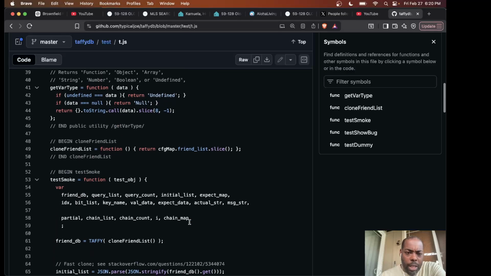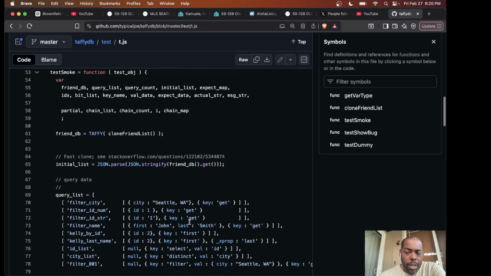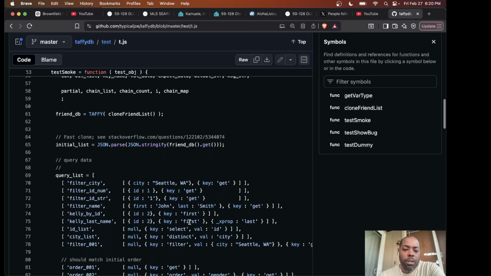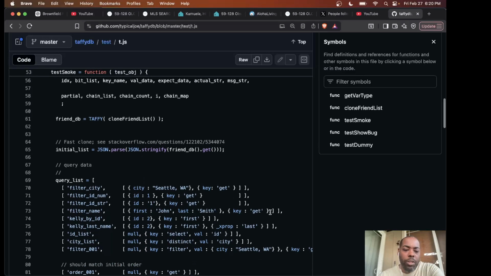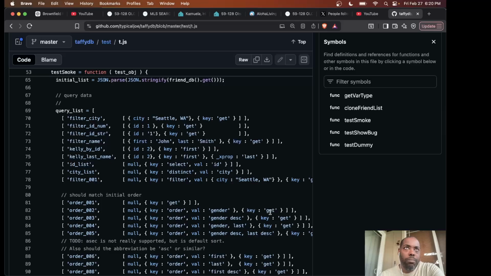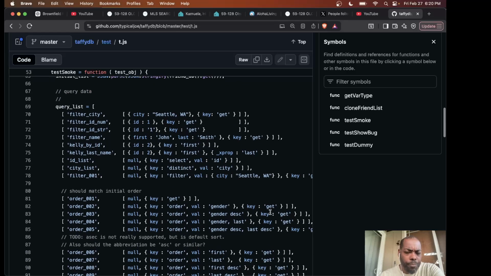I'm sure there's a lot of things we could find about it, but 10 years ago was 2016, so it's still a time where people are writing functional programs, maybe not as much as they are today, but